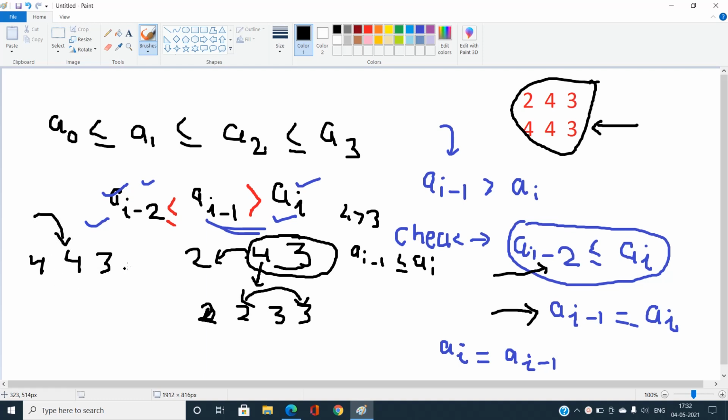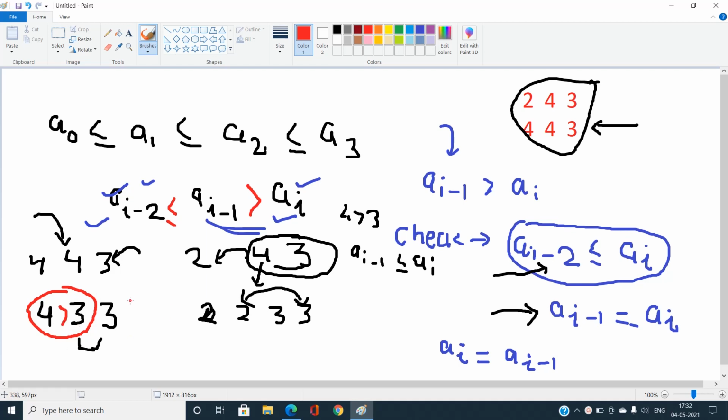If we make this 3 and this 3, now this is satisfied. But you can easily see a new pair emerging which violates the condition, 4, 3. 4 is greater than 3, and this raises an error that we cannot change this a of i minus 1.